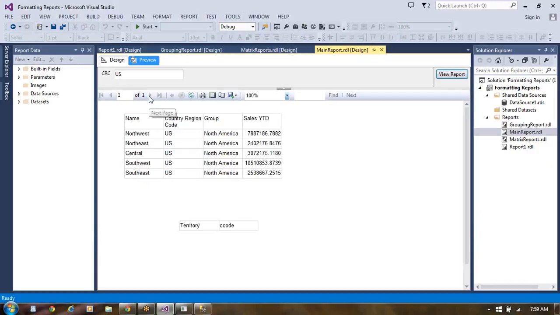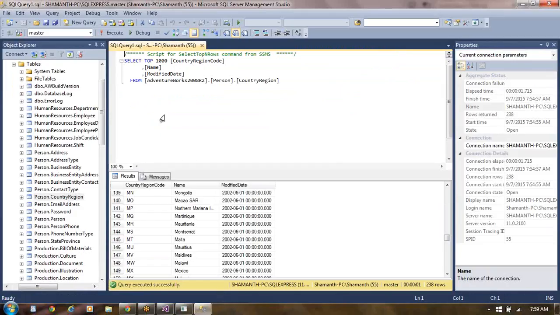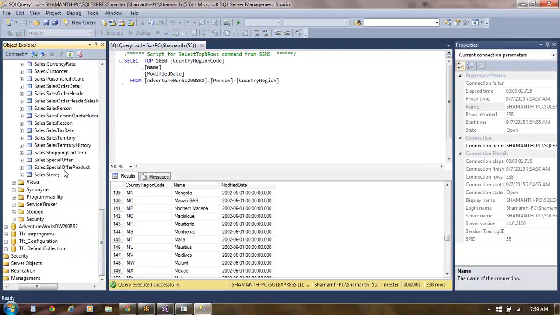So it's not showing any data. Fine, let us make another table. In this, we go to the database. In the database, I make a new table, but not in AdventureWorks. Some other database I take. There I show you the required.